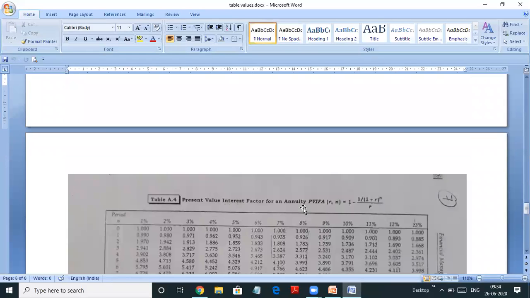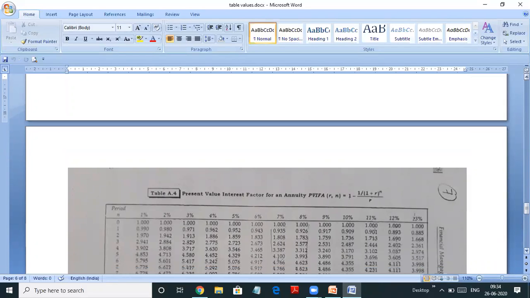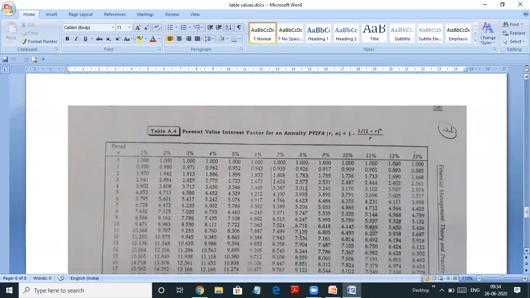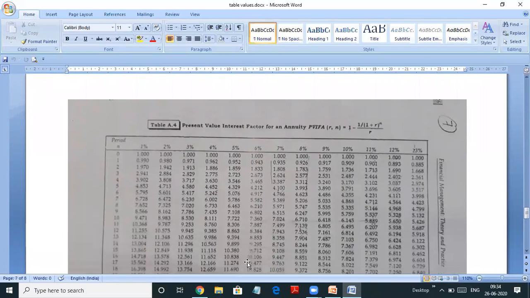Okay, this is the present value interest factor annuity table. Now I told you we have to search the answer 4 and the number of years given was 5. So we see the 5th year, and I go to find the value 4. Here you get the values 4.100 and 3.993. It is in between 7 and 8%. So 7% gives you 4.100 and 8% gives you 3.993.